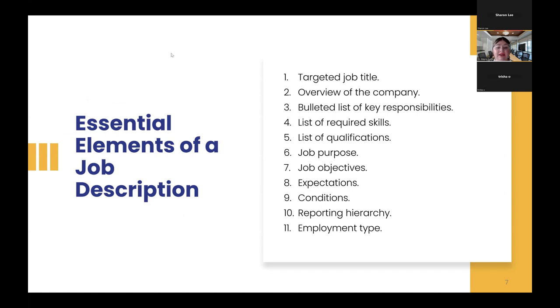So here are some essential elements that every job description should have. And this is kind of best practice. Managers, if you really understand role design, if you really understand why it's important to have clarity around the functions of a role, you're going to know that these are the essential elements that you need to look for. We're talking about a targeted job title, overview of the company, bulleted list of key responsibilities, list of required skills, list of qualifications,